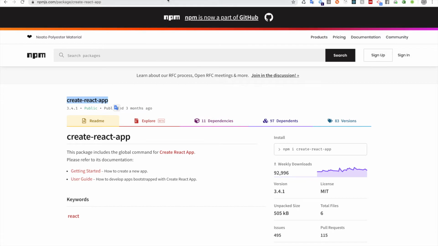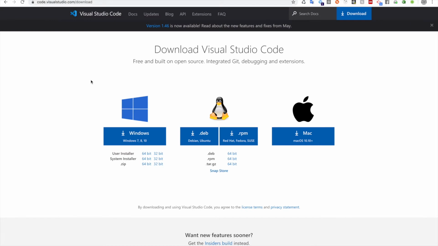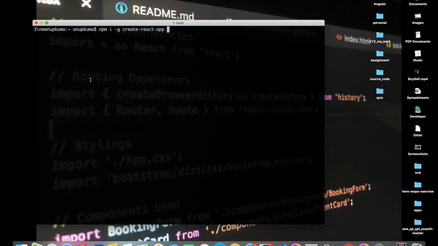This is create-react-app, and you need this to create any React app going further. And the next thing, the most important thing, would be the IDE I'm using. In the entire video, I'll be using Visual Studio. You can go ahead and download Visual Studio from here. Once npm is installed, and once create-react-app is installed, you can go ahead and create